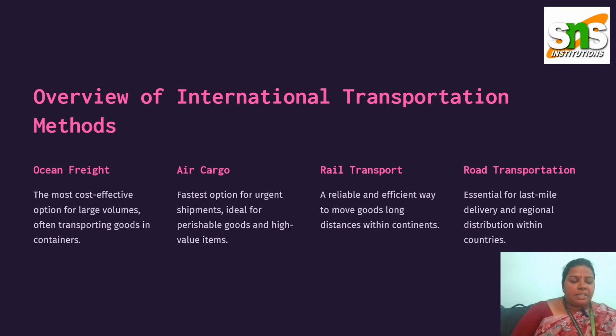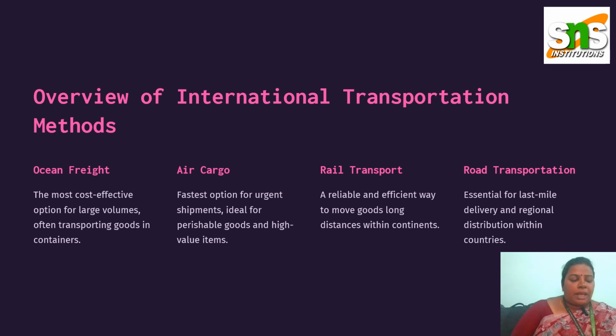Air freight, the fastest, is essential for high value or time sensitive items such as electronics and pharmaceuticals. While it accounts for low tonnage, it represents approximately 1.5 percent of the global trade value. Road transport provides essential door-to-door service and is the primary method for cross-border trade within highly integrated regions like North America and the European